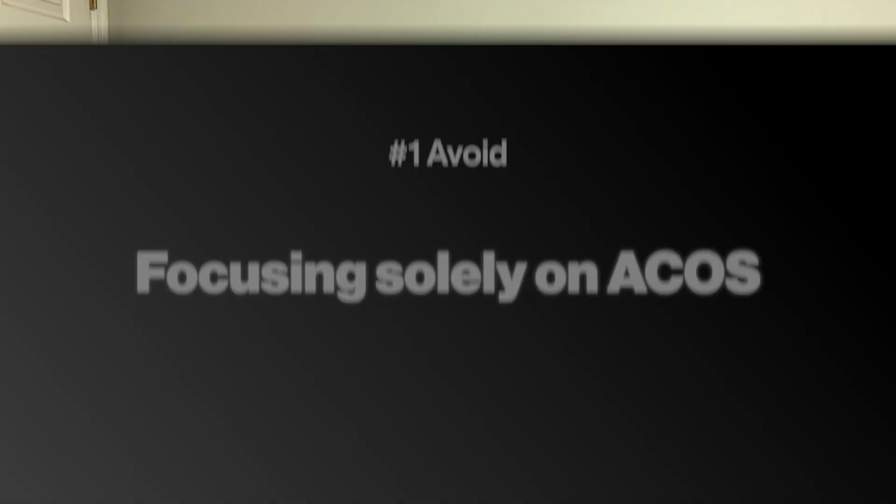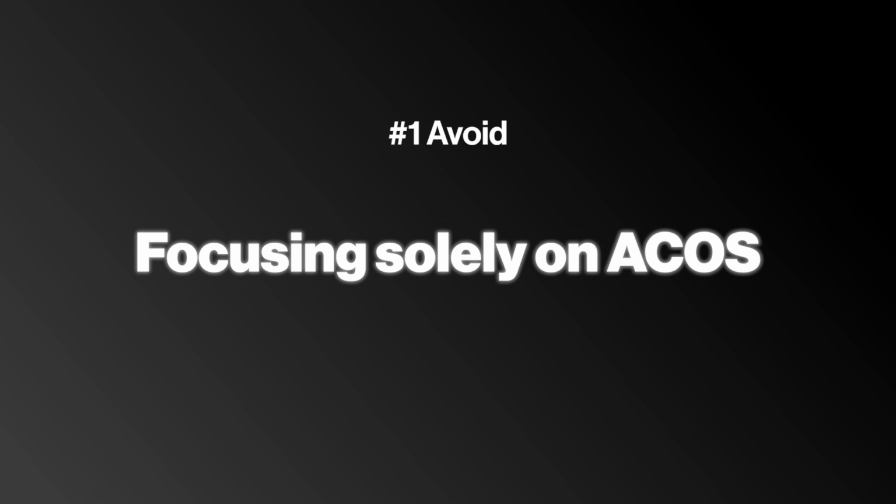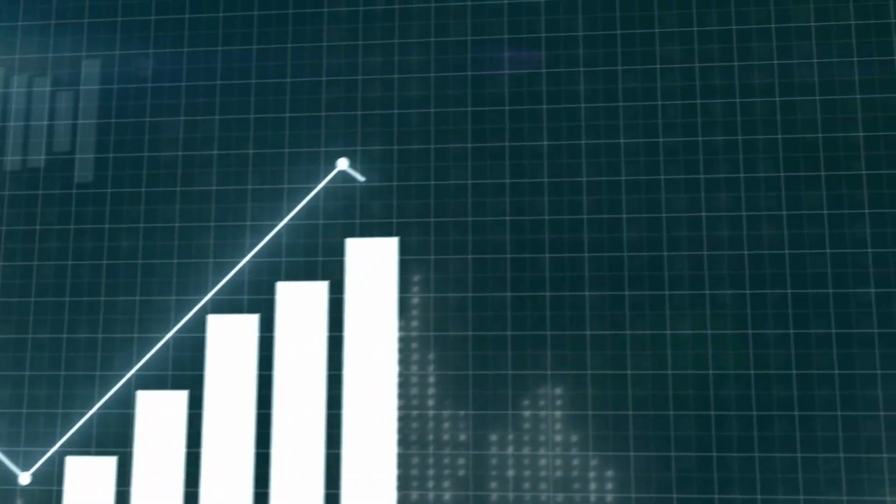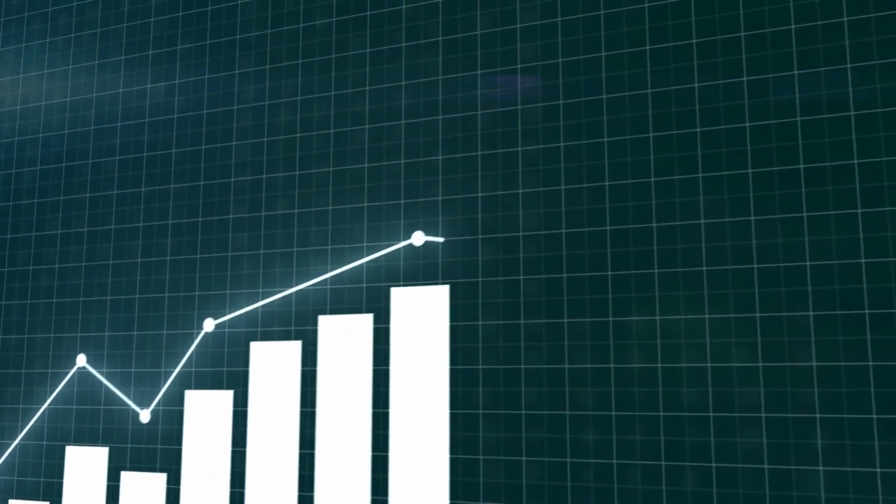So number one, focusing solely on ACOS ignores the bigger picture of that flywheel, okay? Because it's this constant motion in the flywheel of ad deliverability, discovery, impressions, click-through rate, and the more impressions you get and the better click-through rate you get, the more conversions you get. And the more conversions you get, the higher the ranking of your keywords. And the higher the ranking of the keywords, the more clicks and conversions you get, and your sales grow and grow over time. Ideally, you have your sales that were a result of ads, and then you have your organic sales, and the organic sales increase and go higher and higher.